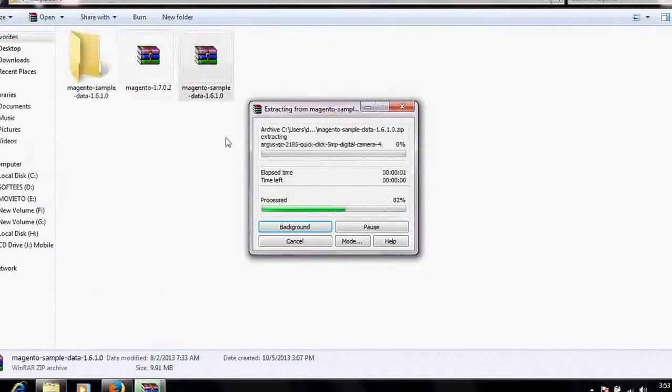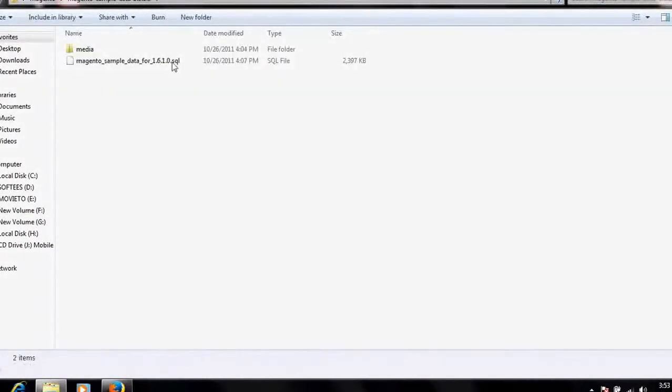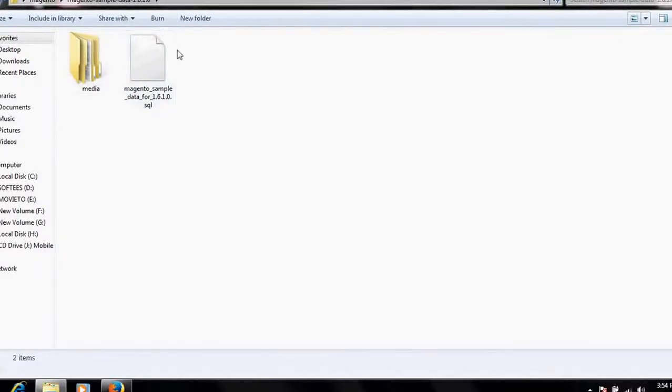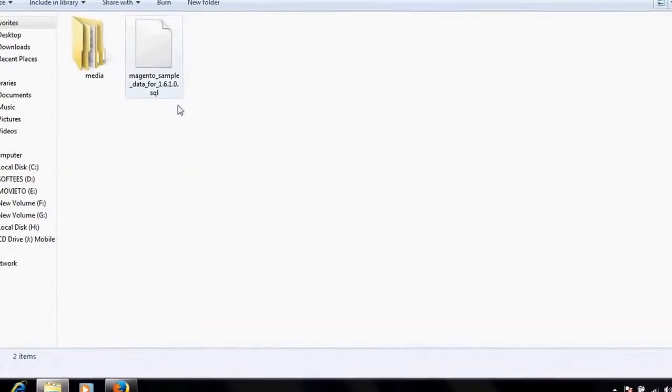First of all, we would find that within the sample data there are two parts, media and the sample data SQL database. So first of all, we need to upload this database in order to fulfill the requirement of this media catalog. Okay, so the second step is that we have to upload this.